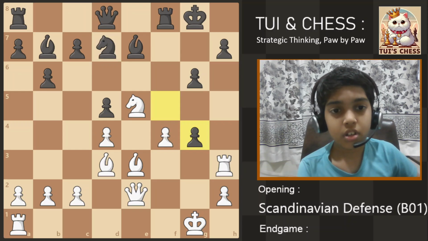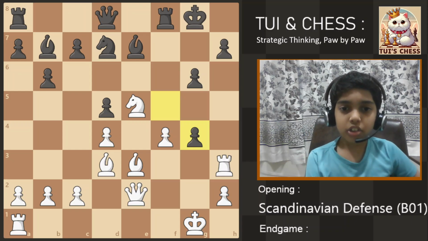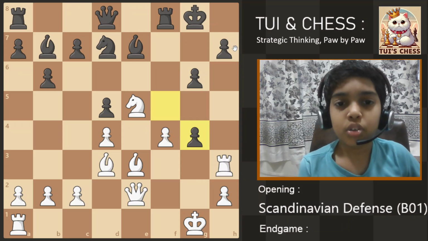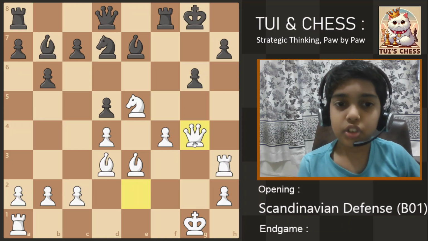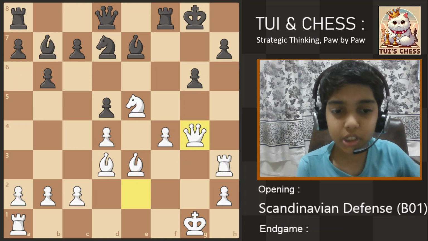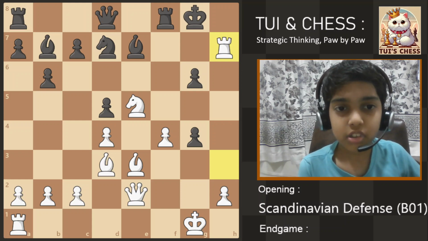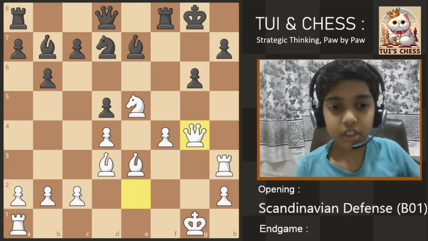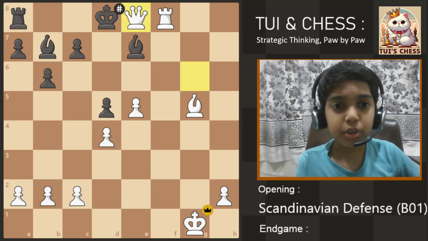But actually, the interesting thing here is that the engine doesn't even recommend the rook sacrifice. If you played queen takes g4, you're totally right, and you're better than those people who played rook takes h7, at least in this position. So, the main takeaway from this game was